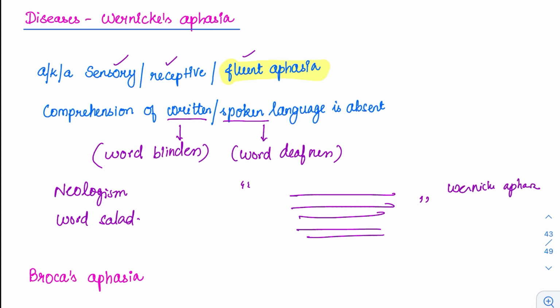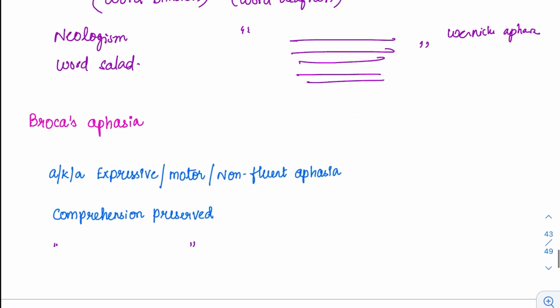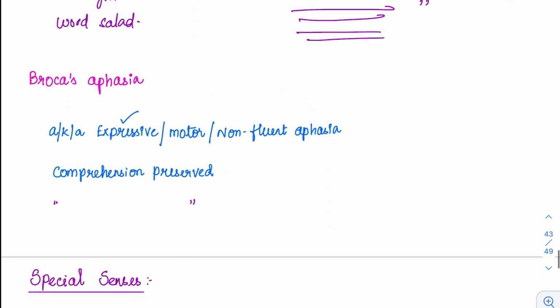Broca's aphasia is just the opposite of it. It is also called expressive aphasia. The person is not able to express. Here the Wernicke's will be completely fine, so he will be able to understand. Suppose I ask you, what is your name? His Wernicke's has understood it. But right now he will not be able to reply, because his motor area is not intact. So he will be like,